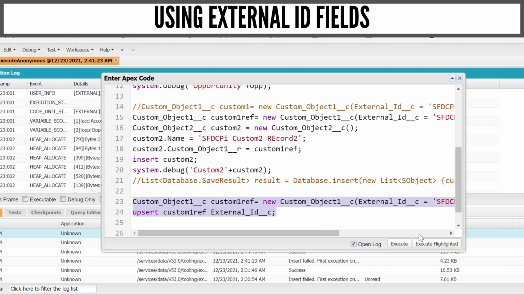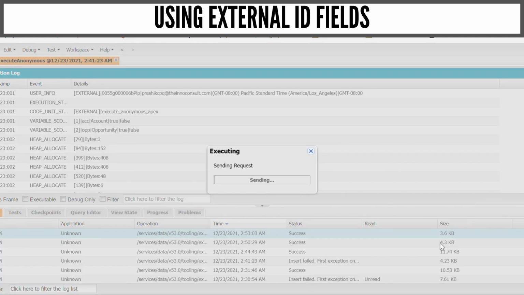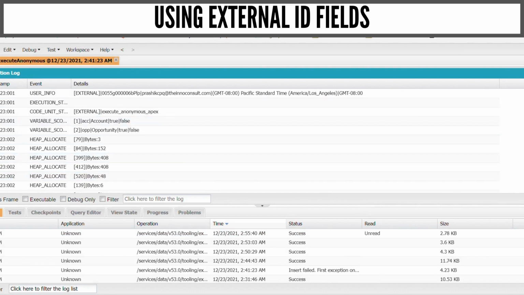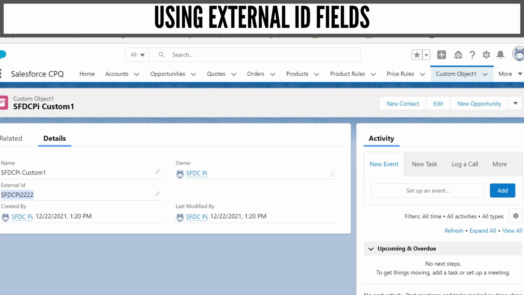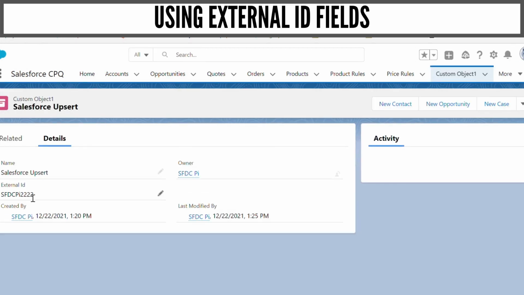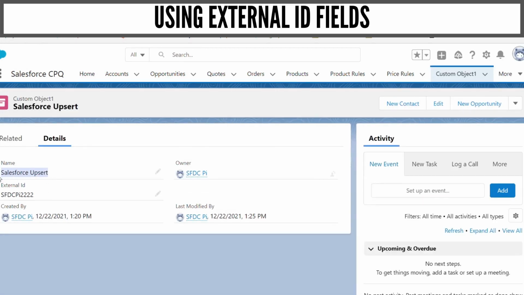So when we do this, it will update the record if it is there, or will insert a record if it is not there. So as you can see, the name is changed, Salesforce Upsert. So this is how we can use the external ID field,